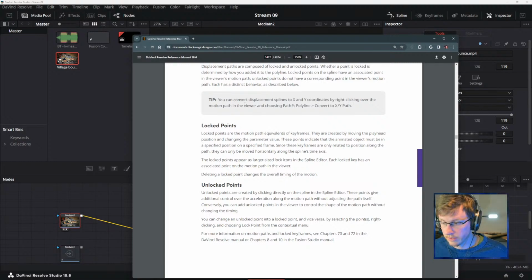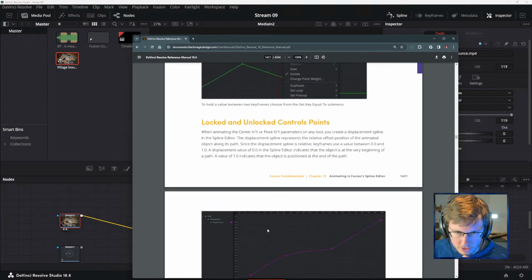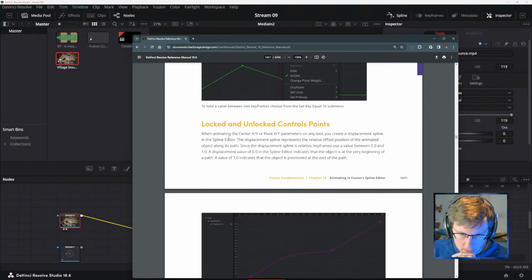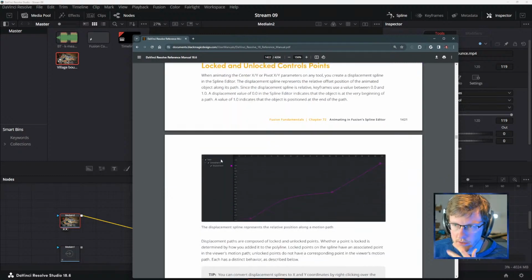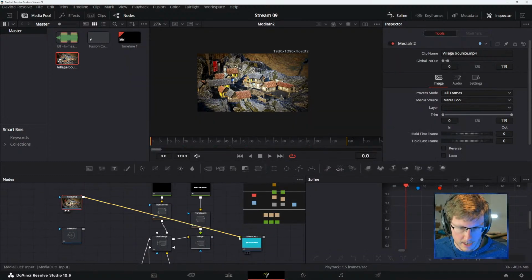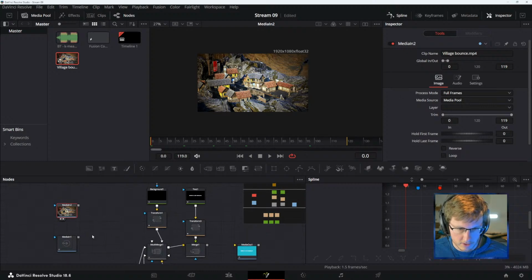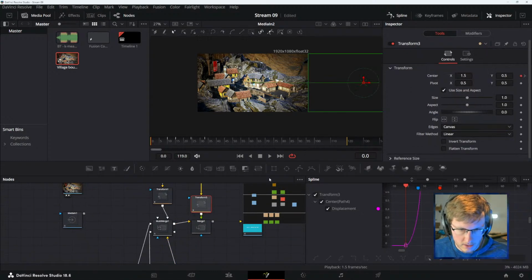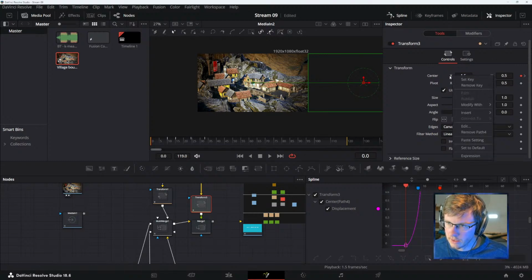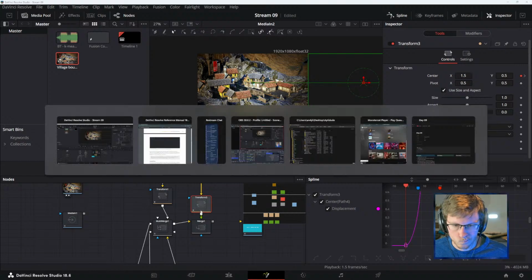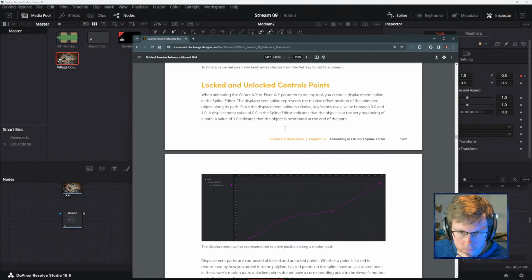I'm still not sure what this is talking about though. When animating the center XY. So we're talking about not time maps of footage, but it's just this, the center pivot.